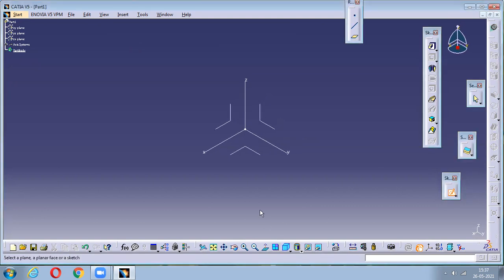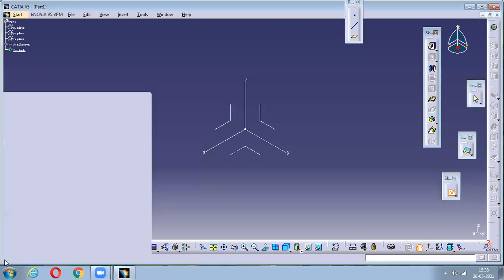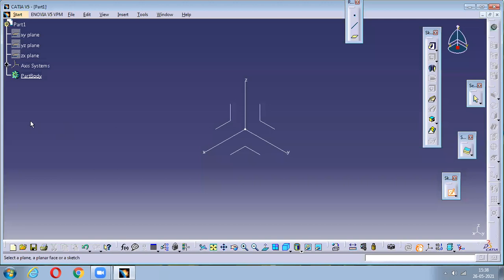Now what you have to do is, don't worry about the planes right now, because you are going to learn Sketcher today. So you just worry about the sketch. This is called the front face of the software. The front face is nothing but you are in 3D now. The sketches will be done only in the back face of the software. All the sketches are done only in the back face, and the 3D work will be done only in the front face of the software.